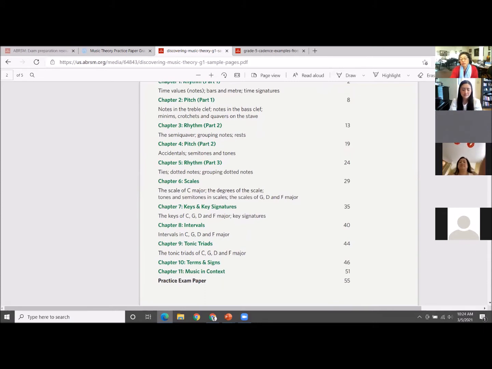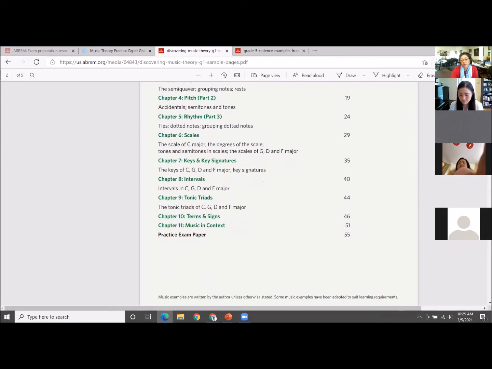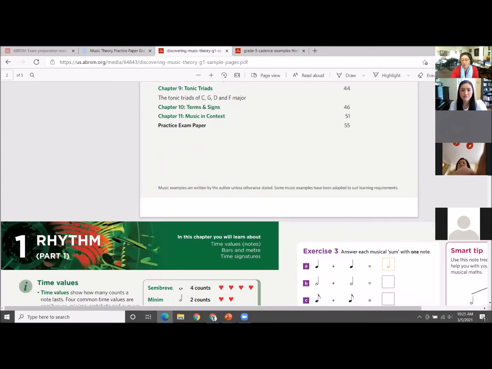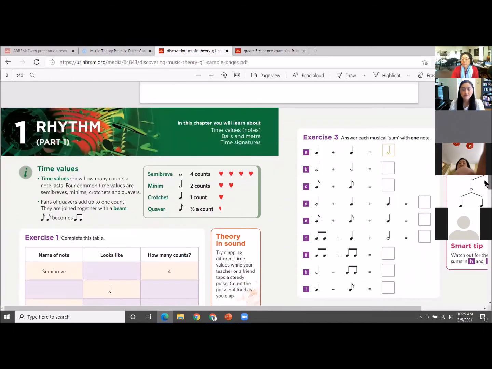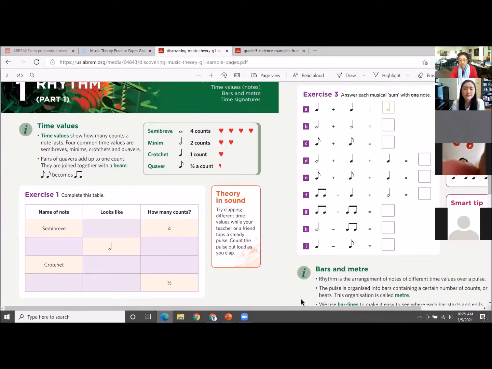And all these workbooks come with answer books, so the teachers are able to order them for easy reference and for easy grading, especially if you have a lot of students, because it's kind of mind-boggling to do them all at once. And here are some sample pages of how the layout is.